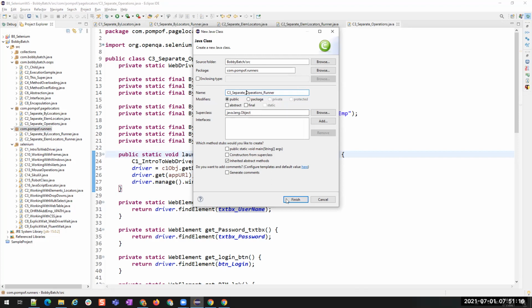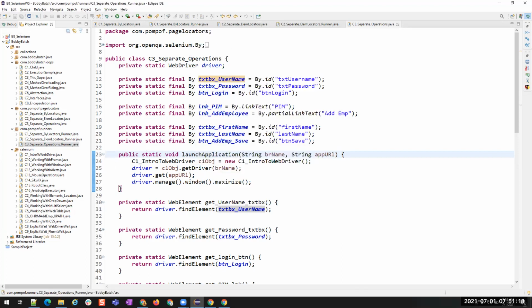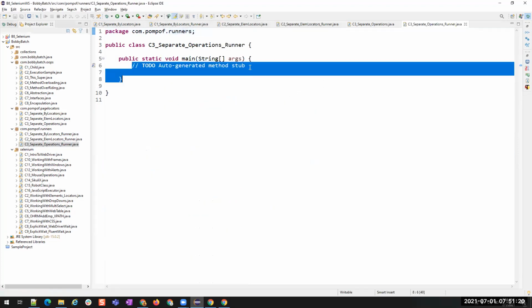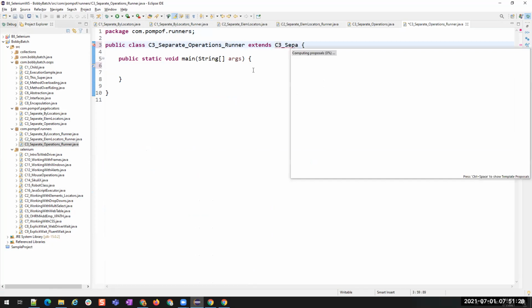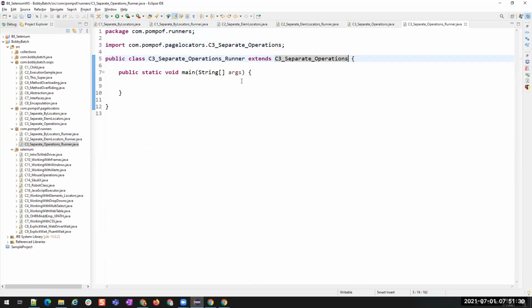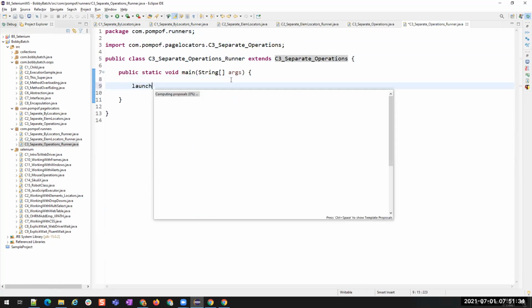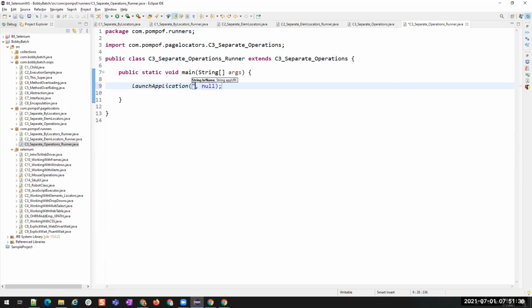I need a main method. Now here, this is again extending which class? Extends C3 underscore separate operations. Now launch application, and I'll pass the URL.